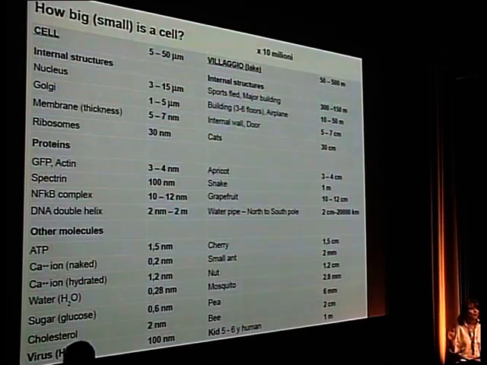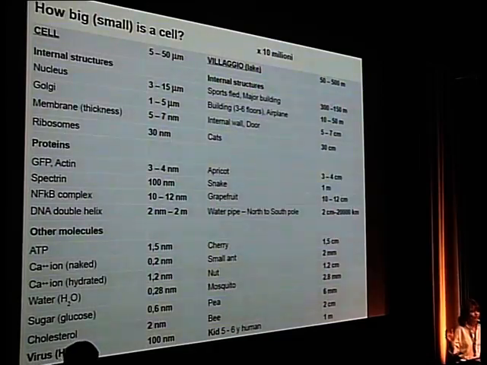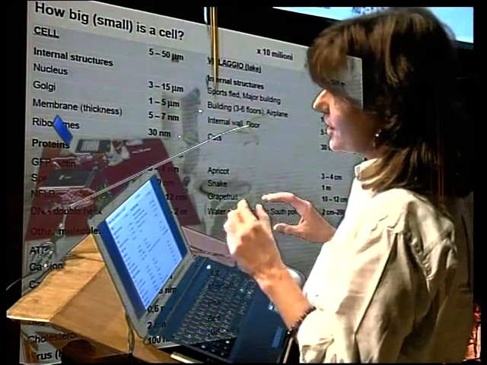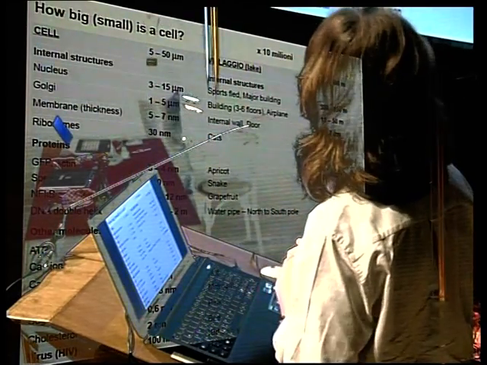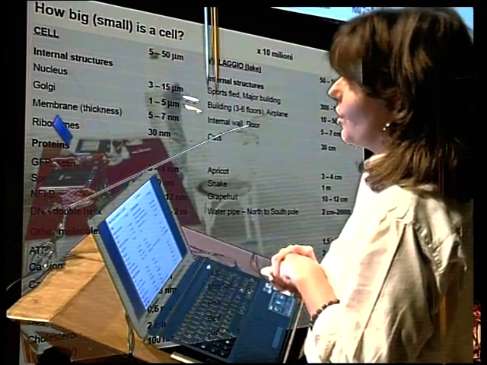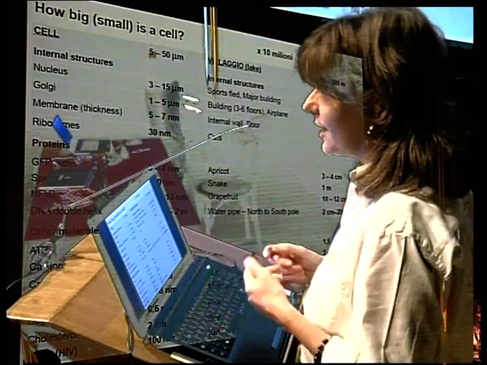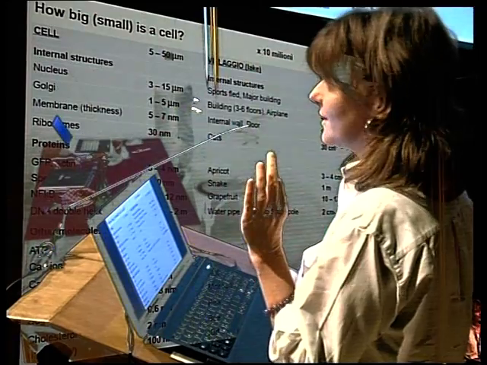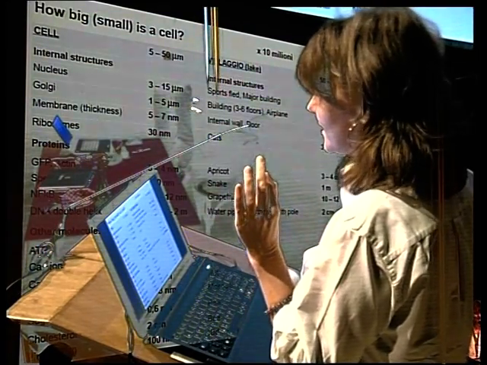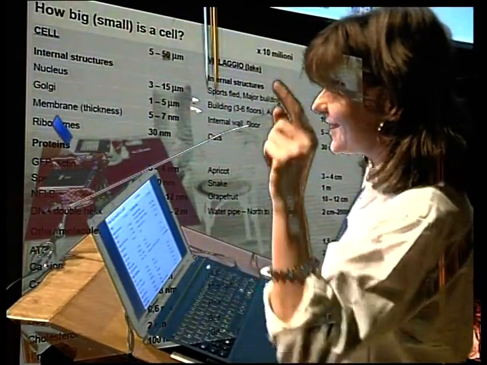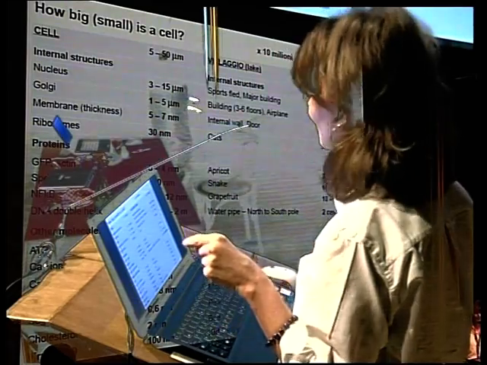The only difference we must keep in mind is that the cell is actually in 3D. So it's a volume, whereas a village is usually flat, where one dimension is very small relative to the others. In this context, the DNA in a human cell would be the dimension of a water pipe 2 centimeters wide, and its length would be 20,000 kilometers. That is like the distance from the North to the South Pole, passing along the surface of the planet, not through.